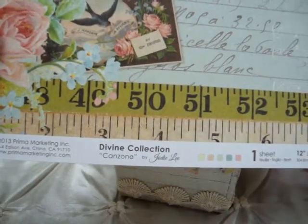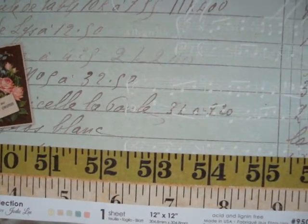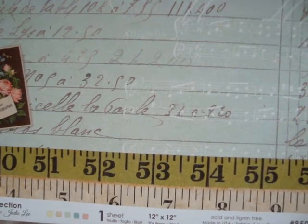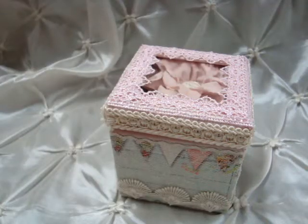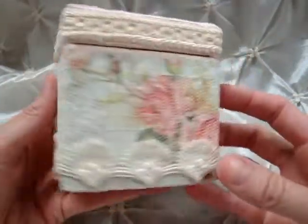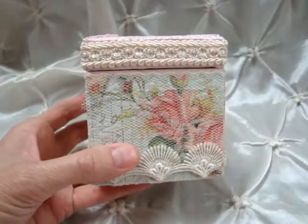This is Prima, and then this sheet was Canzone, and it's this top. I used this top piece here around the edge. And I did purchase these papers and quite a few of the embellishments from Beverly's store a little while back. I noticed she still has a few of the items, so she sells a lot more than just laces and trims, so make sure you check that out. So I put that all the way around the box, and then on top of that I layered some lace,